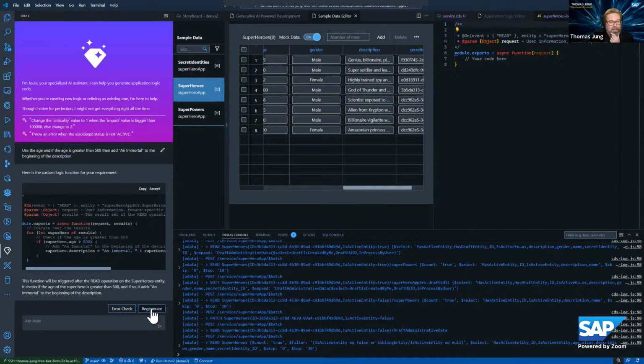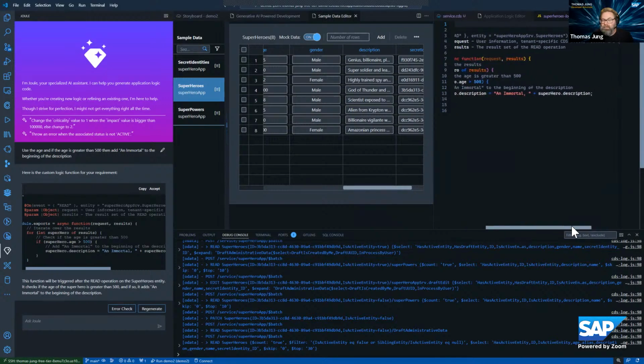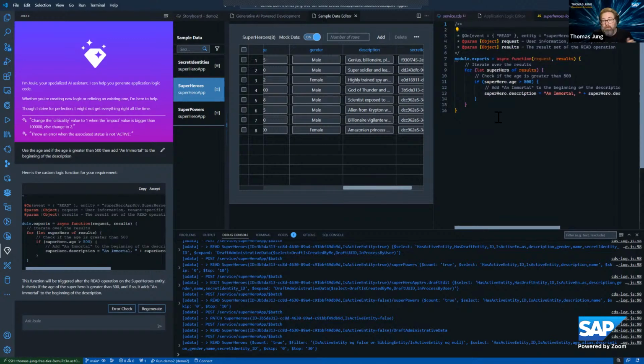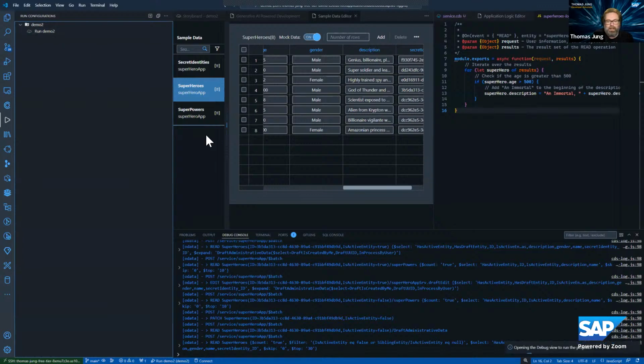Let's look at that in situ. You can do a little error check on it here too, but we can go ahead and accept it. And it's brought it in. I like that it wrote comments as well to explain what it's doing, because I don't like code if I don't know what it's doing. So that looks good. We've added logic using Joule, so why don't we go ahead and run our application again? We should be able to see it pick up that change. Where's my run? There's my run. Let's go ahead and start another run.